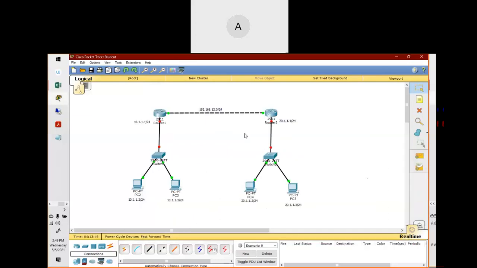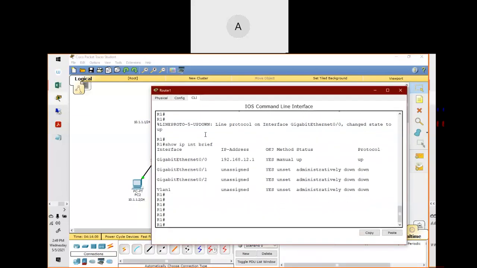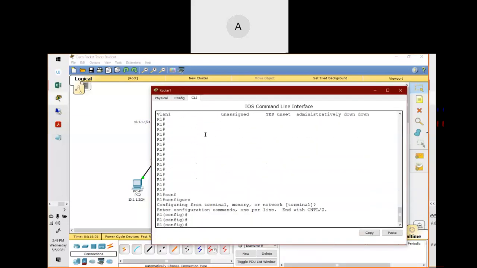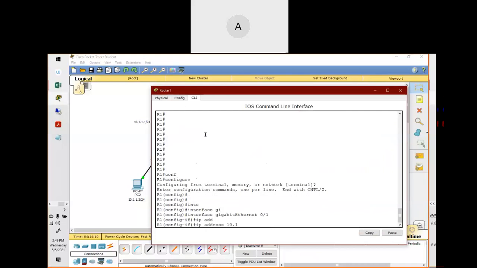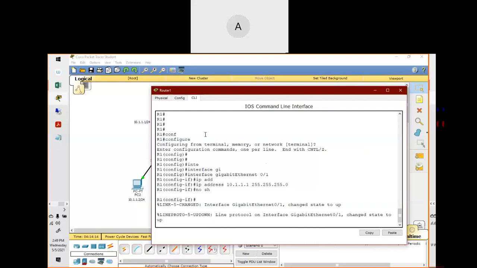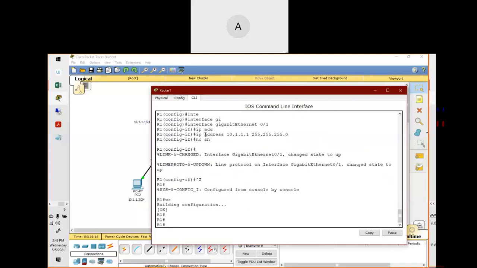We just assigned the IP address, right? Now we have to configure this one, which is gig 0/1, which is connected with the LAN. Go back to router 1, configure terminal, interface gig 0/1, IP address. No shutdown, done. Simple configuration, guys.